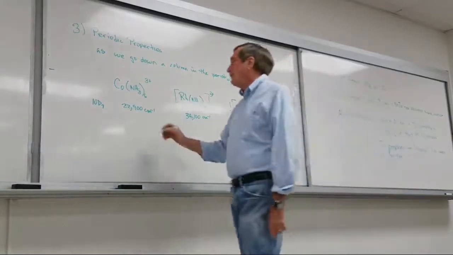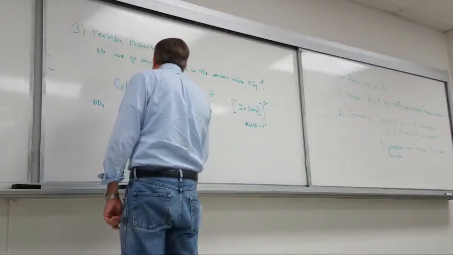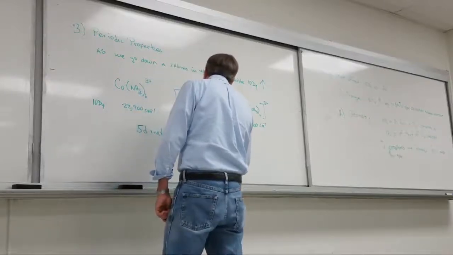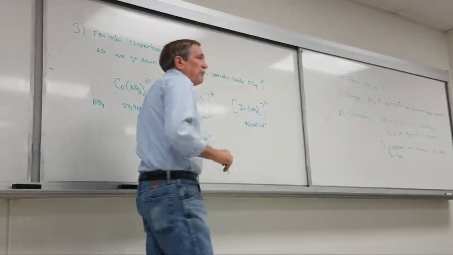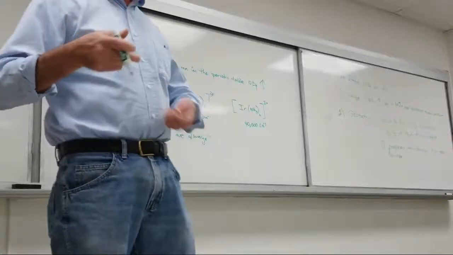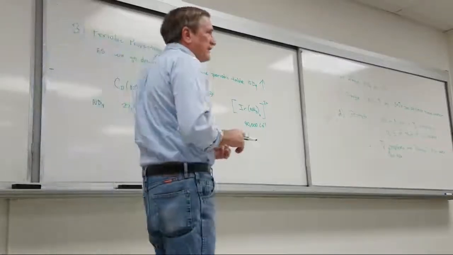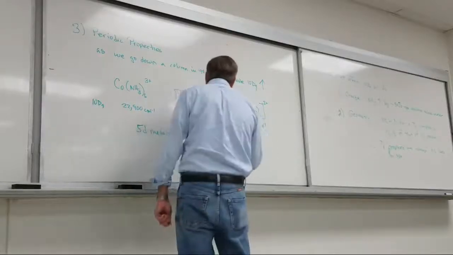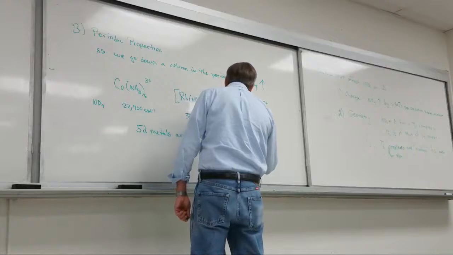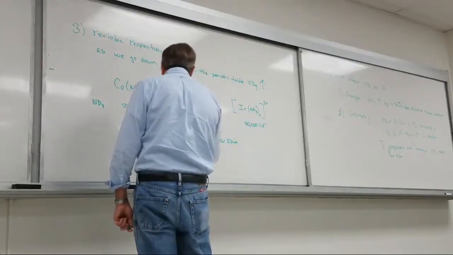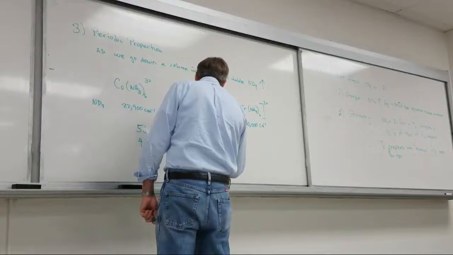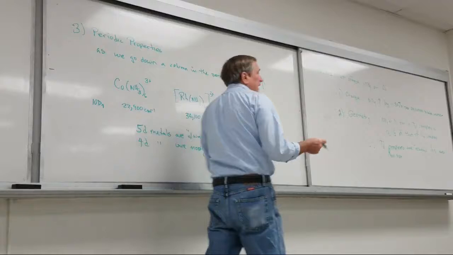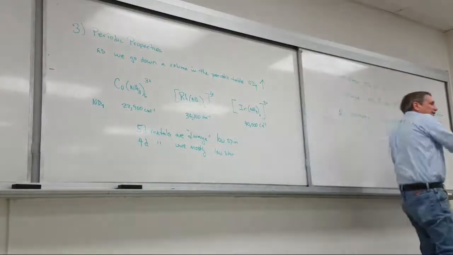So 5d metals are always low spin, and again, I'll put the term always in brackets because it's not absolutely guaranteed. There are a few examples where it's not true, but generally speaking, 5d metals are always low spin. And 4d metals are mostly low spin. So the only place where we really have a lot of variability in whether it's going to be high spin or low spin